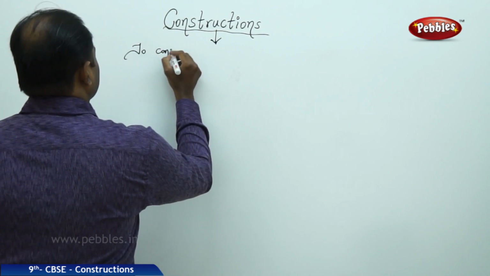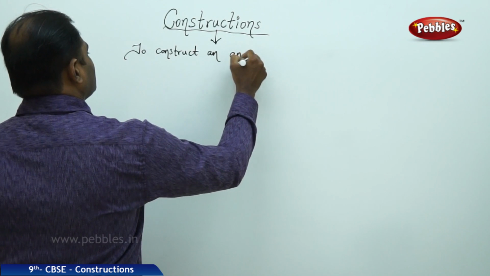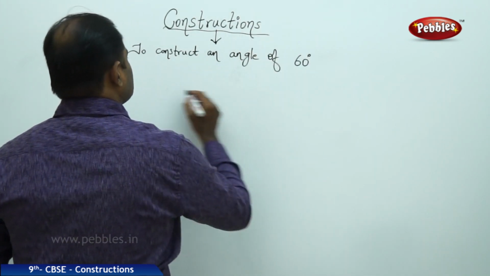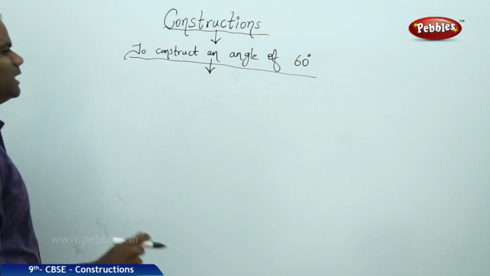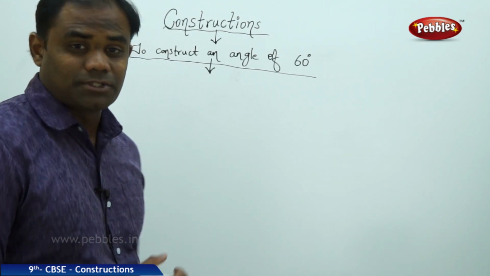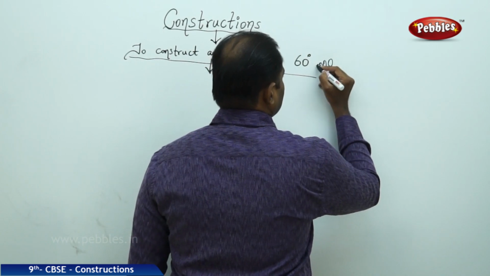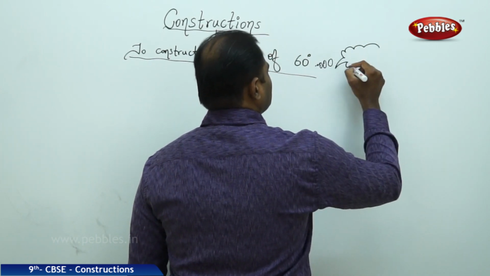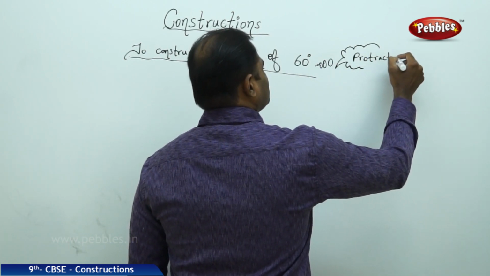To construct an angle of 60 degrees. So let's see how we can construct an angle of 60 degrees. But the rule here is, interestingly,